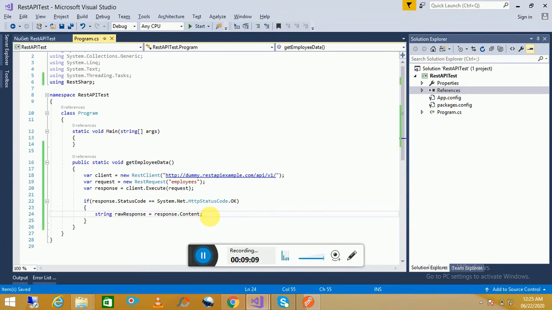Now if we run this one, let's see what we will get.